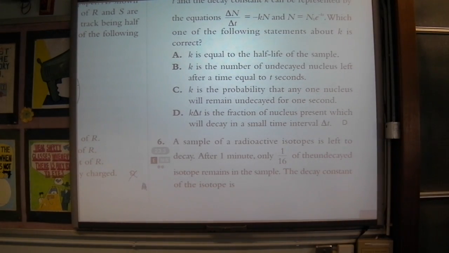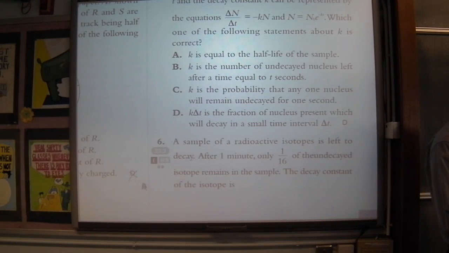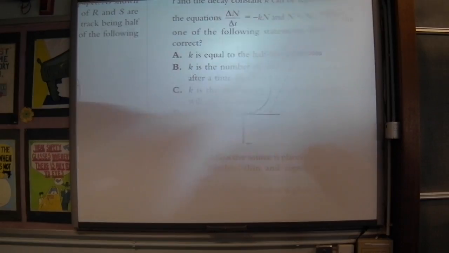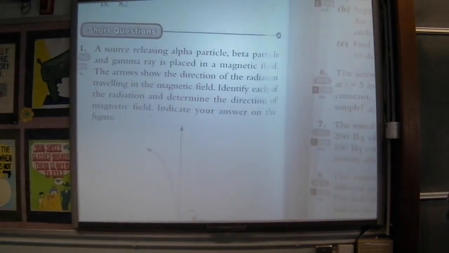1 minute equals 4 half-lives. So therefore, the half-life should be equal to 1/4 of a minute, that is 15 seconds. After 1 minute only 1/16 is left, so it has actually gone through 4 half-lives, so one half-life is 15 seconds. Now, the question asks us to find the